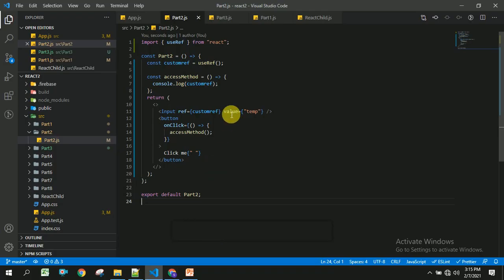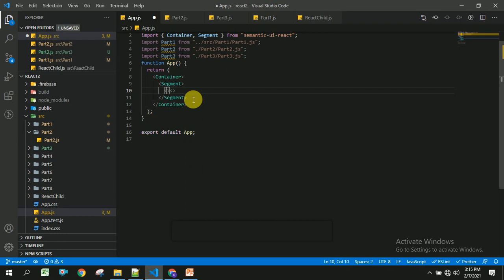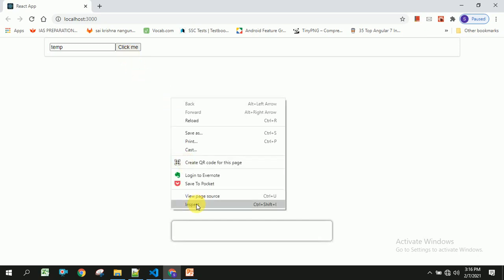Before that we have to mention this part 2 in our app.js. It got compiled. Once we refresh here, you will be able to see the input with a text box and a button with click me. I am going to inspect this.